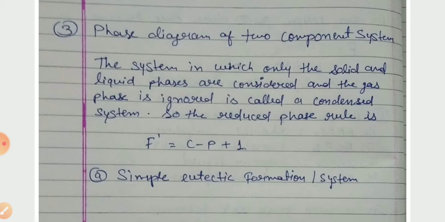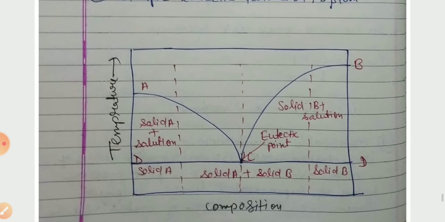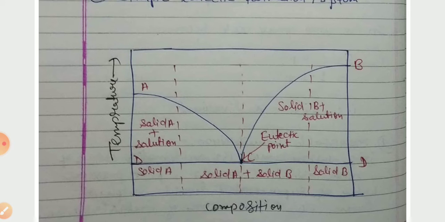So for the phase diagram, the eutectic point is used here as a triple point. If you see the simple phase diagram of a two component system, you can see the eutectic point, at which the temperature of both solids converts into the solution in one phase. You can see the curve AC and curve CB here, and below this curve the solid A and solid B are separated, below the line D. And these are the areas ACD and BCD.